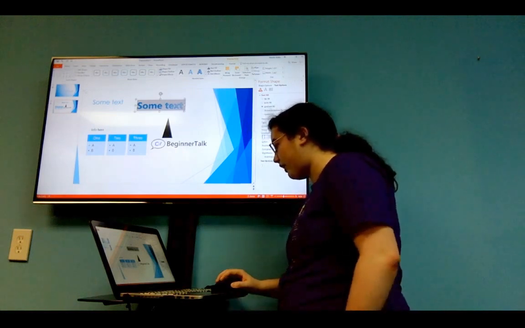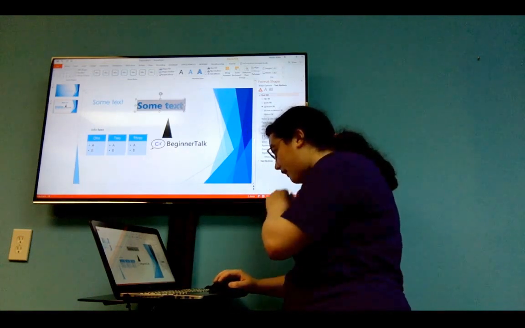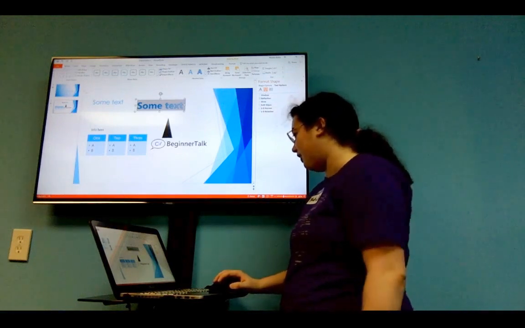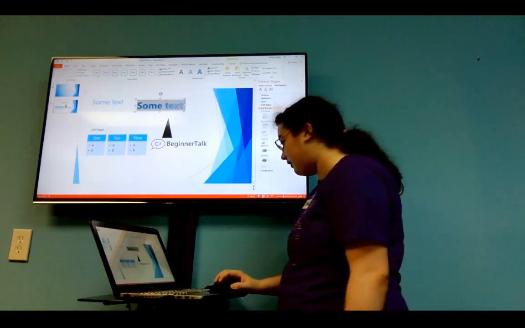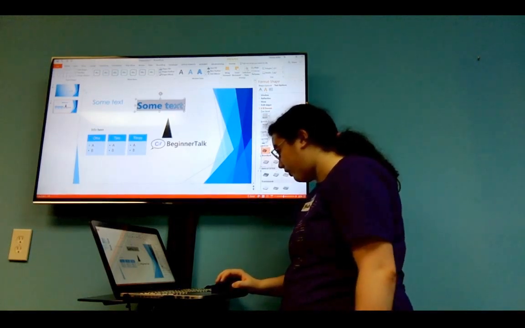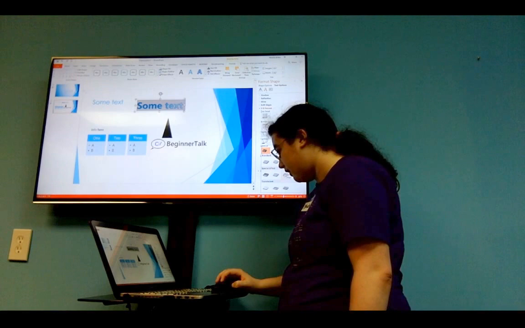So now it looks slightly shiny, right? And we can make it look even more shiny using some 3D formatting. So if we make the material metal,